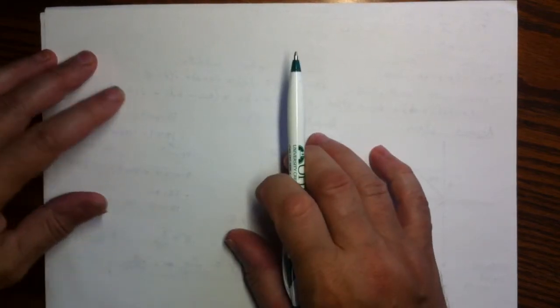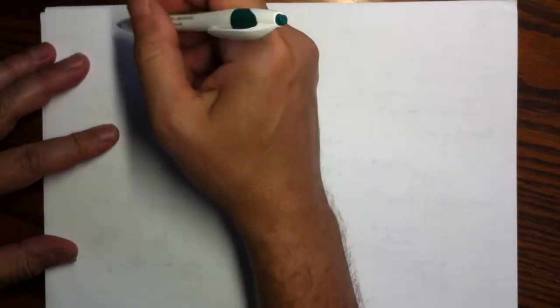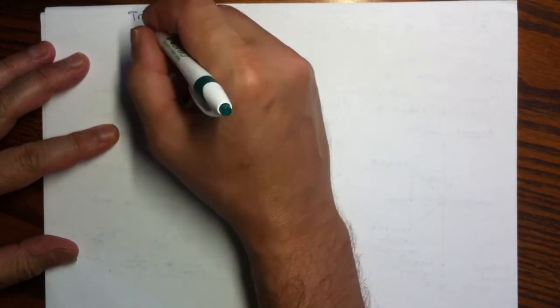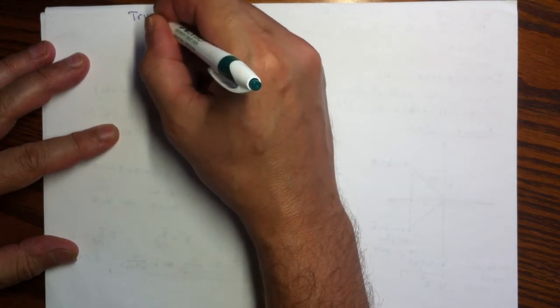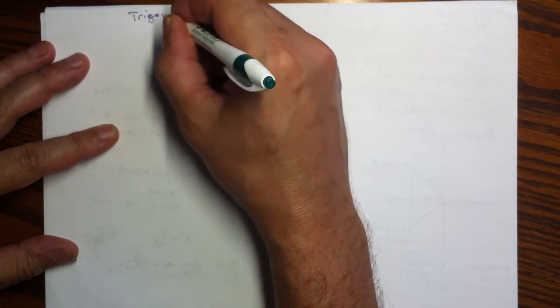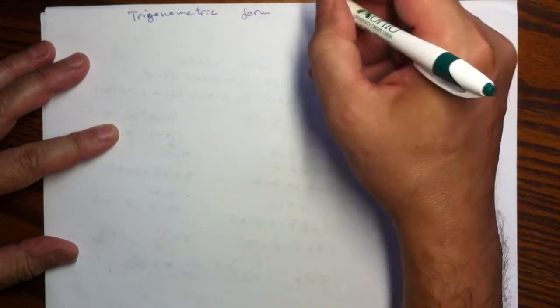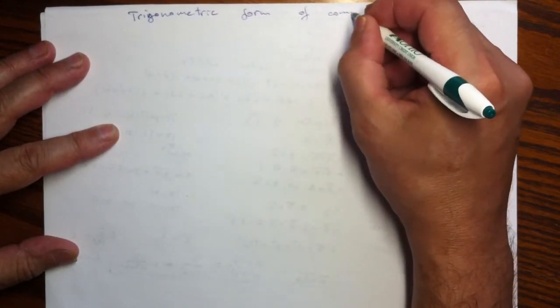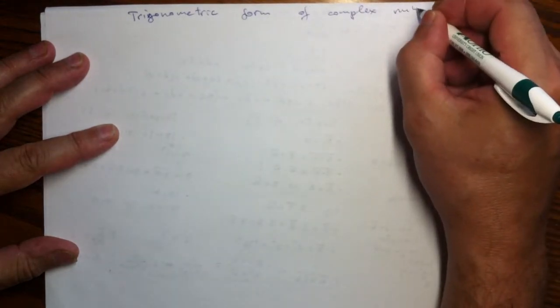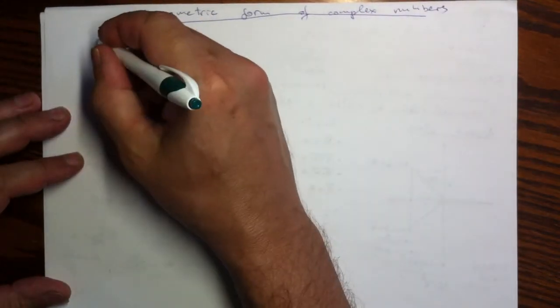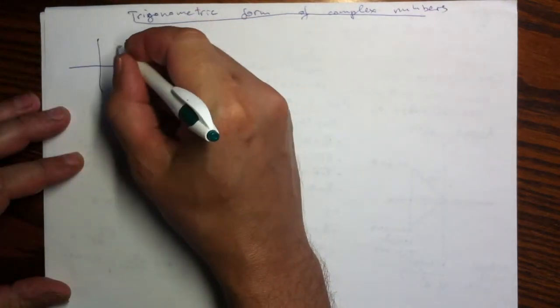Hello. Continuing with complex numbers, this will be on a different way of expressing them, what's called trigonometric form. This different form comes from geometry again, so let's start with the Argand plane or complex plane, and let's have